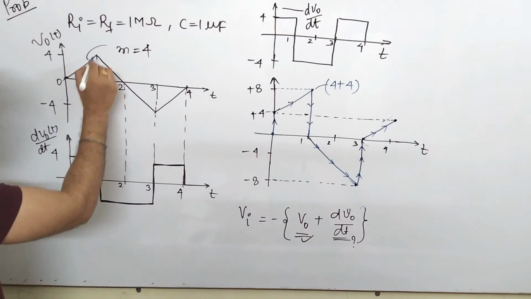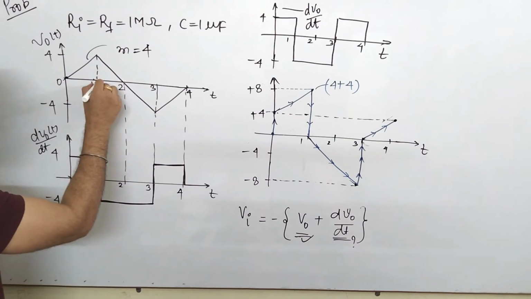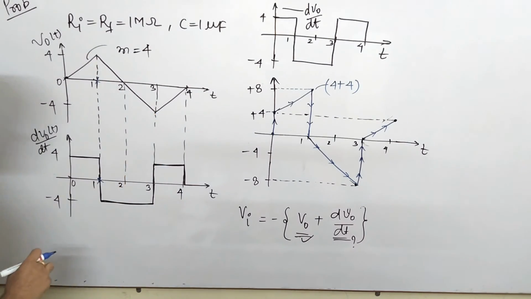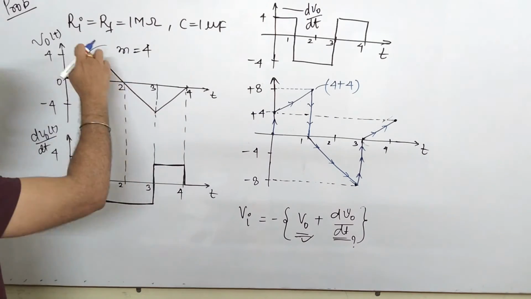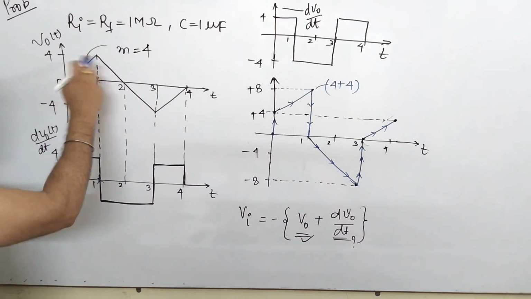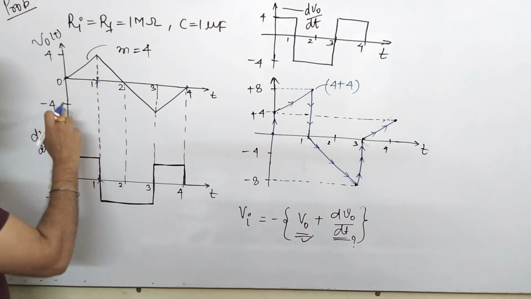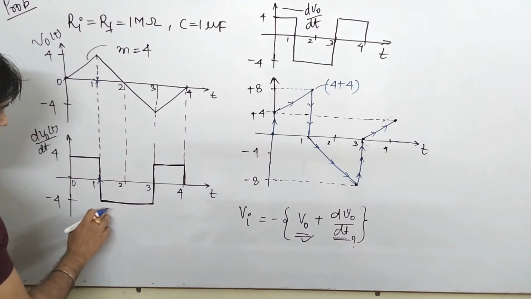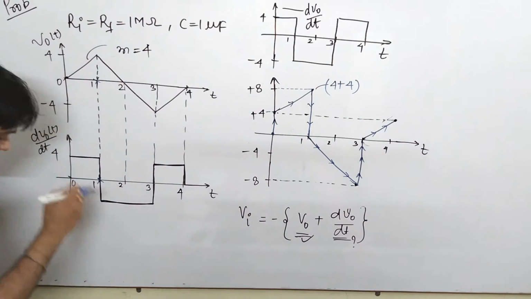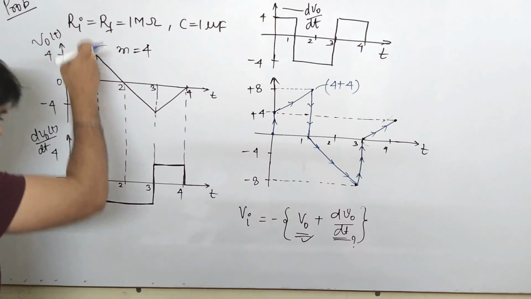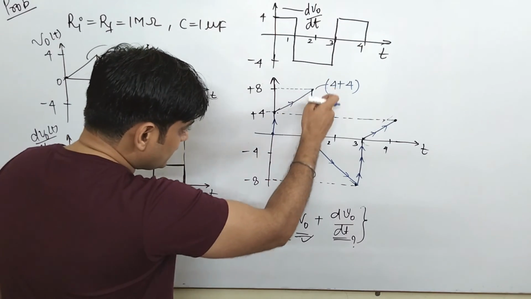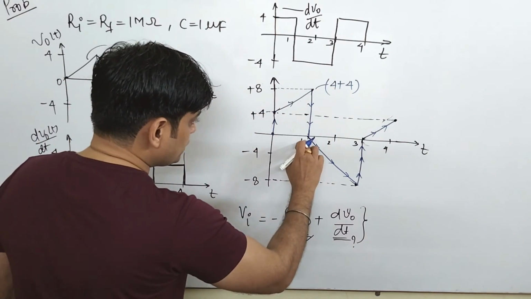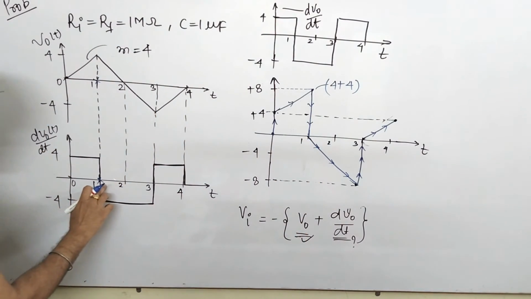Now from here, if you see from 1, at both instants, this slope is falling. This slope is again falling. Okay, and this is the same slope. You can find this is the same slope with m equal to minus 4, and this is also minus 4. That means this slope will drastically fall. So this signal will drastically fall. So here this signal will fall like that, and it goes to the value of 1 here.